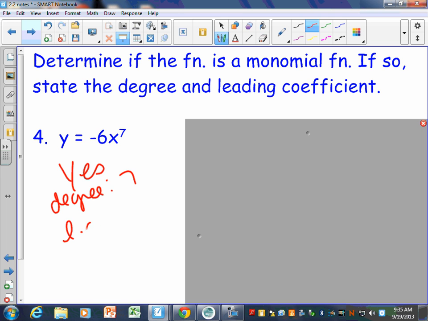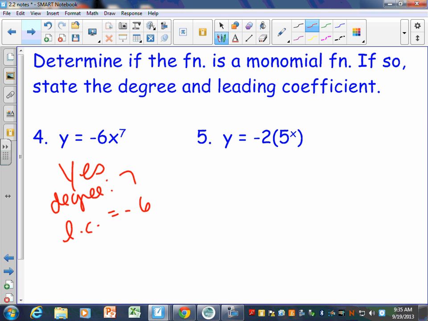Leading coefficient is -6. And what if I gave you this? Can't have an x in the exponent. That's some good homework time, right? So, we're done. No. I was going to say, that's the easy part of homework. Okay, but pretty well, as long as it doesn't have an x in the exponent,